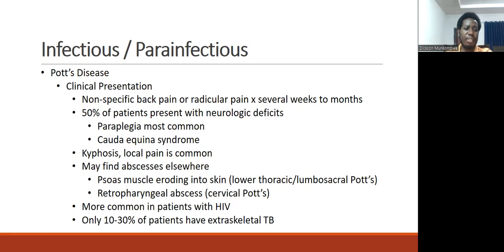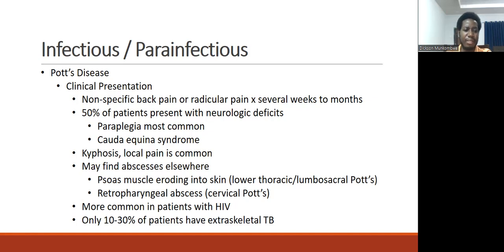So the clinical presentation is often of non-specific back pain or radicular pain for several weeks to months, and half of these patients will present with neurological deficits. Paraplegia is the most common, or Cauda Equina syndrome. Then you could also have kyphosis with local pain, and an abscess may be found elsewhere, which may culture TB and may be a guide to the fact that this could be tubercular